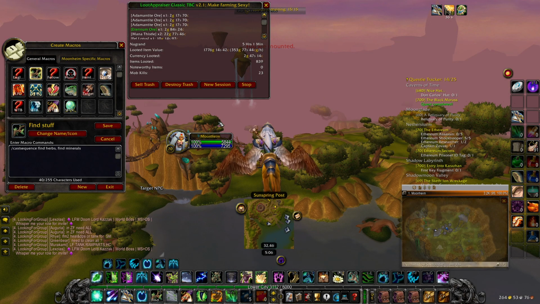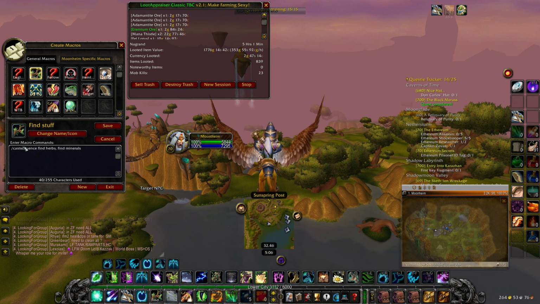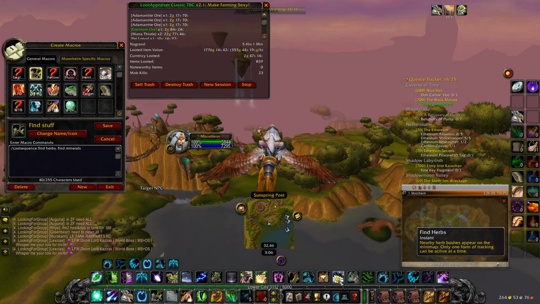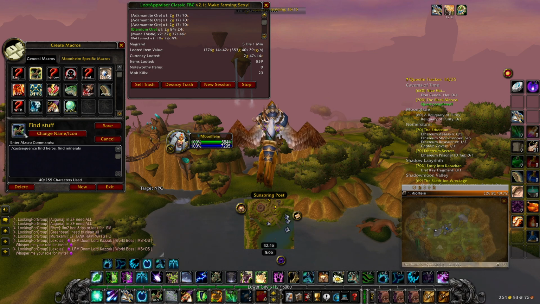Now I did say this farm right here requires both herbalism and mining, and one thing that I think is very useful for farming both herbalism and mining on the same character is using a macro like this one. It's a cast sequence macro. So instead of having to use both find minerals and find herbs, you can macro them both into a macro